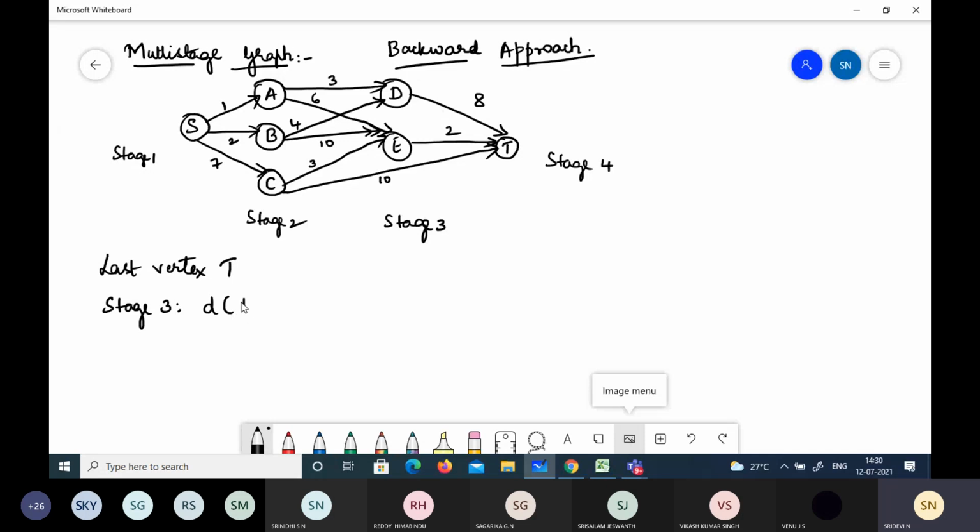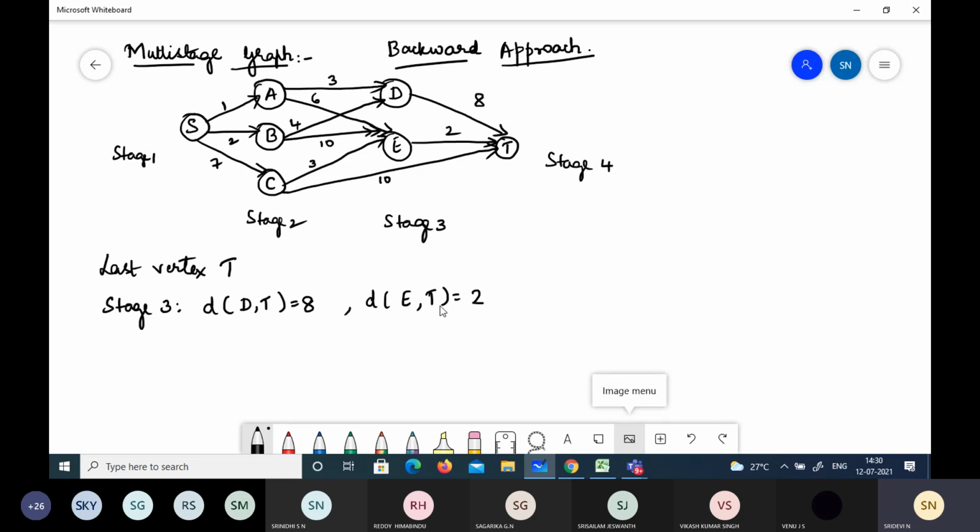Distance from D to T is how much? See here, D to T is 8. We'll note that down. And from E to T is 2, right?